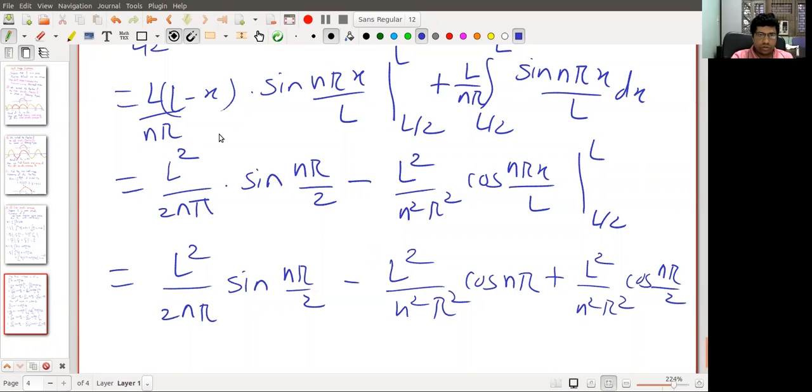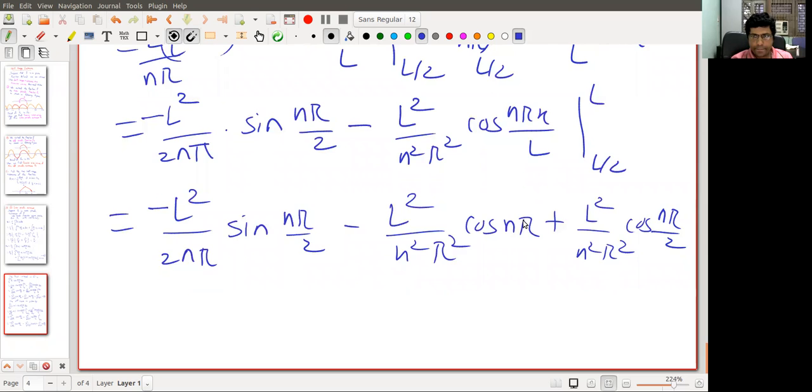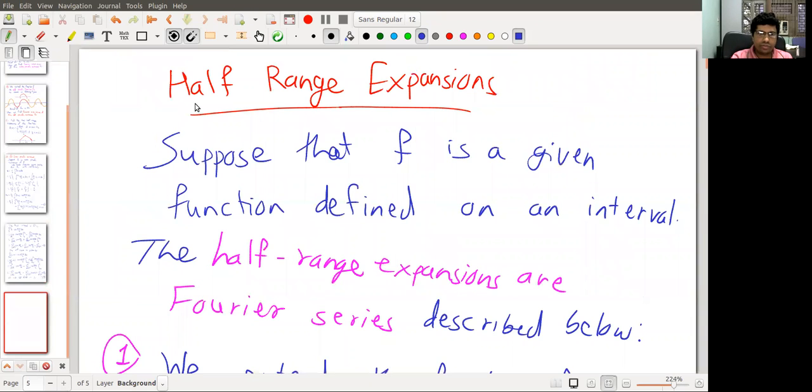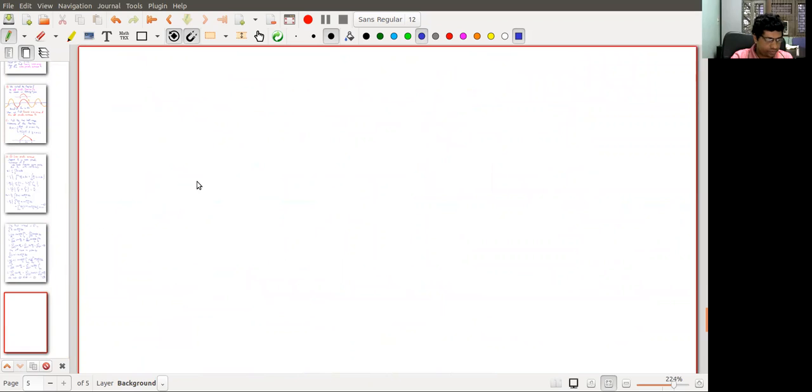Note here that when we put upper limit, it gives 0. When we put lower limit, then we should write minus. Okay. So this is number 3. So we substitute 2 and 3 in 1. Okay. So we have an as